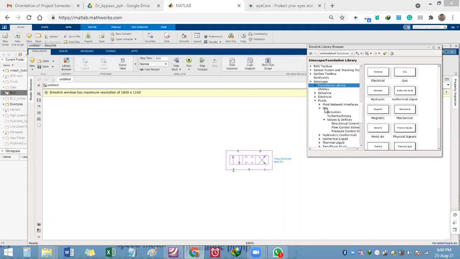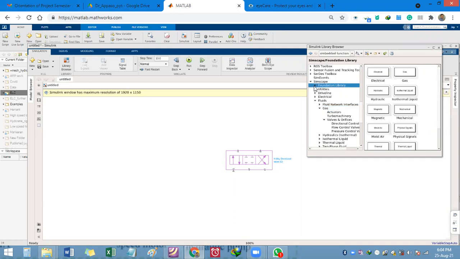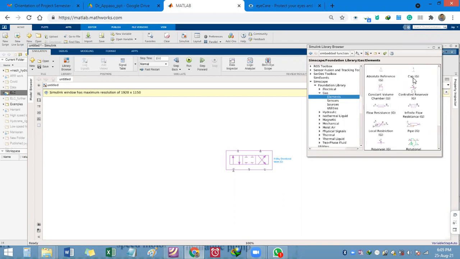Some blocks you will find here in gas. In the gas tab you will find some pneumatic components, and some other components are also present in the foundation library. Go to the foundation library, find this gas block, double click it, and you will get different pneumatic elements, like the tap, and then you will find the reservoir.